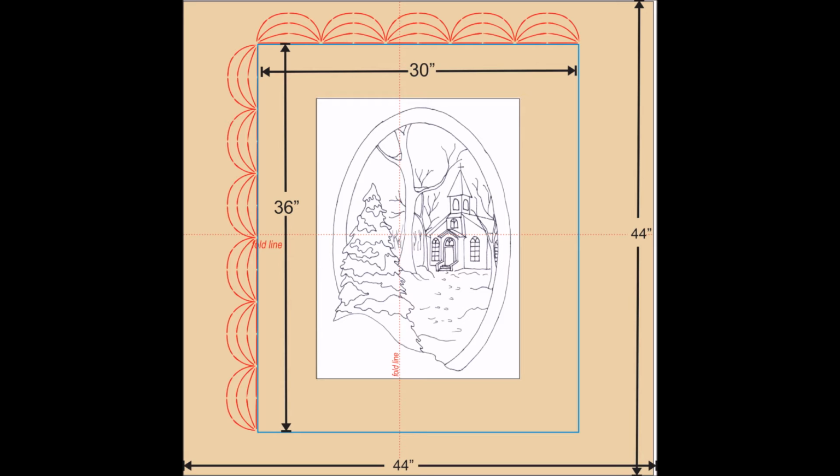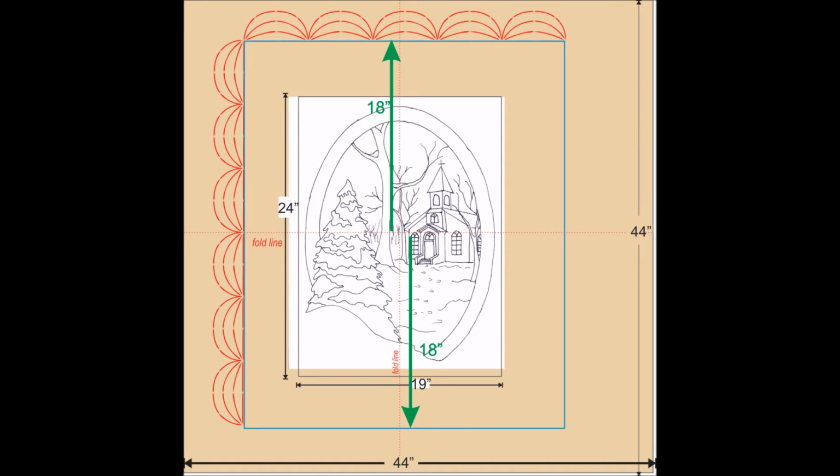So therefore, we need to draw a rectangle 30 inches wide by 36 inches high. To get your upper and lower lines drawn, starting from your center crease line, measure up 18 inches, draw your line, and measure down from that crease line 18 inches and draw your line. Using your vertical center line crease, on this one we want to measure over from one side 15 inches from that crease, and on the other side 15 inches. Now we have those lines drawn, and we have a 30 by 36 inch